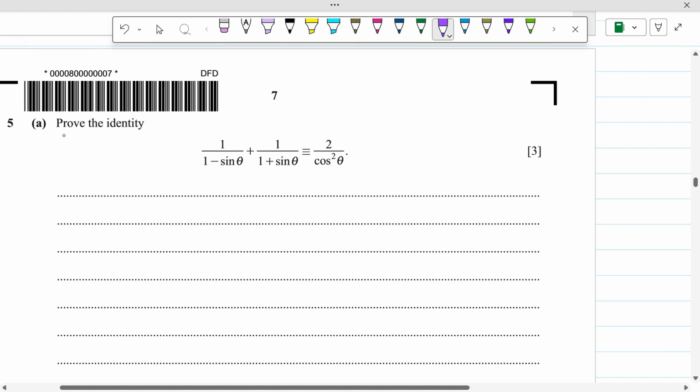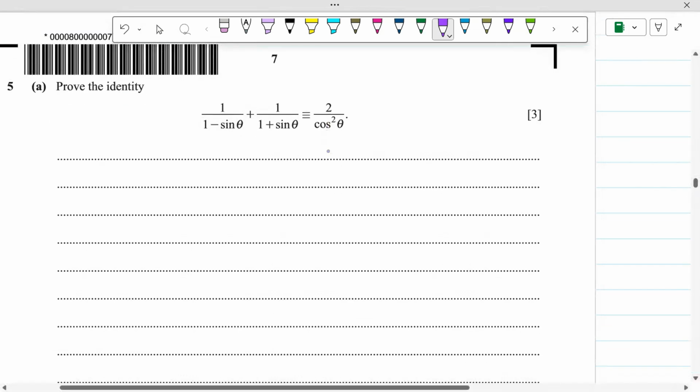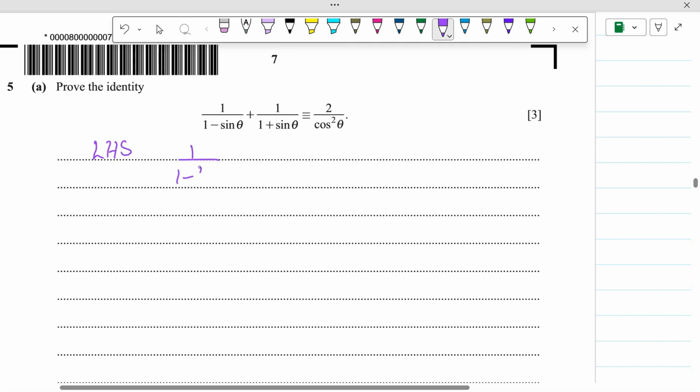Question number 5. Prove the identity 1 over 1 minus sine of theta plus 1 over 1 plus sine of theta is equal to 2 over cos square of theta. Okay, we will take the left hand side, which is 1 over 1 minus sine of theta plus 1 over 1